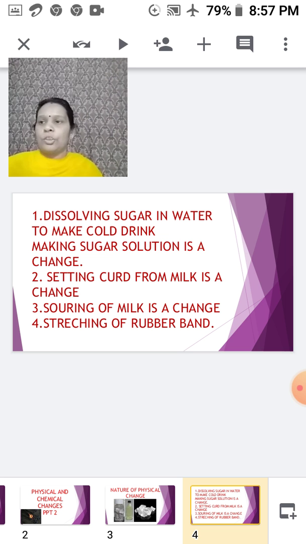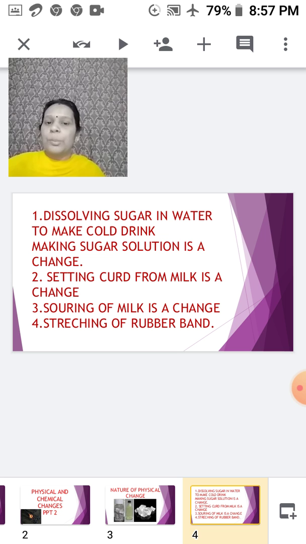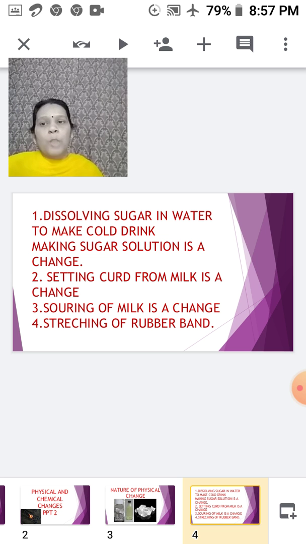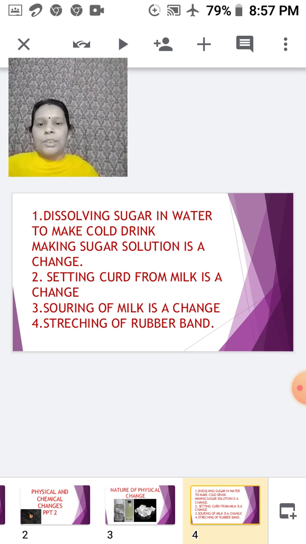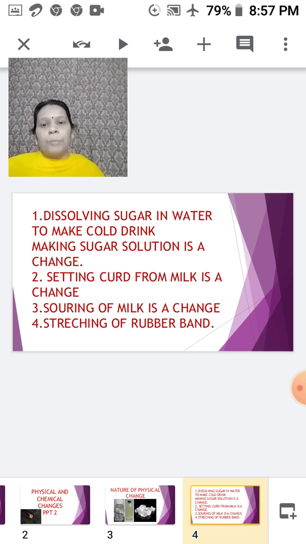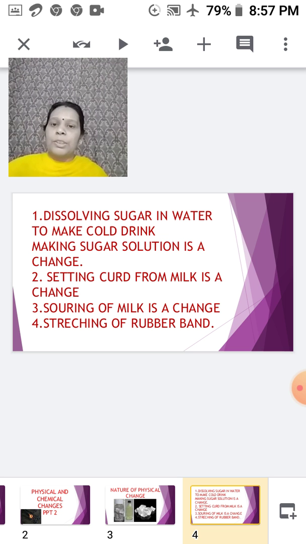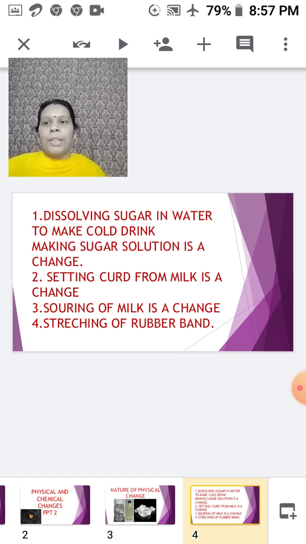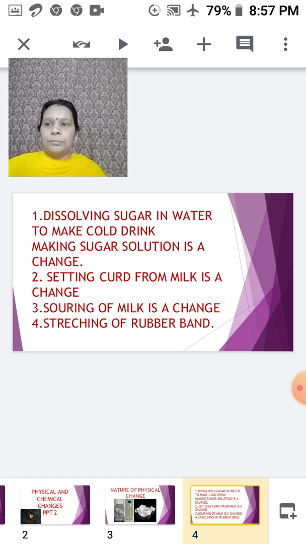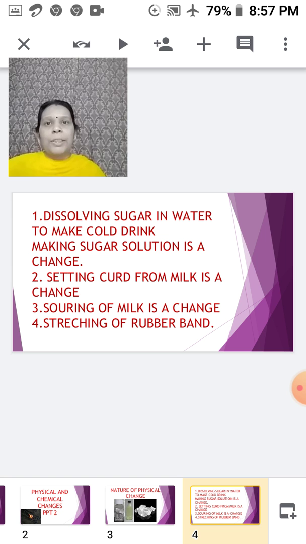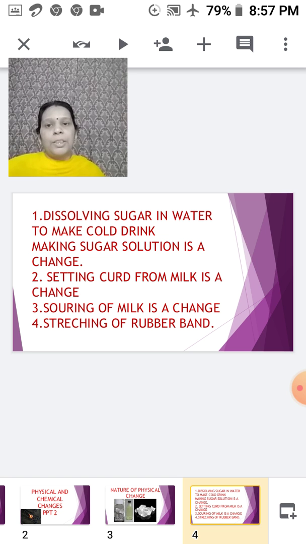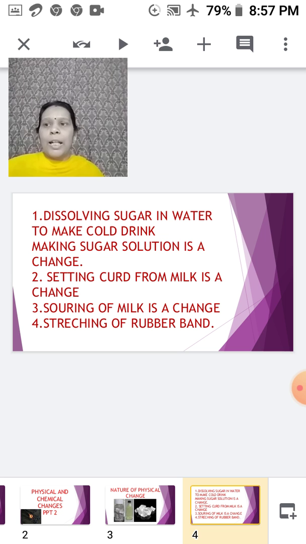So one thing more which will be clear to you now, that when we are talking of a physical change, no new substance is formed. The properties of the substance remain the same even when there is a change in the physical state. But sometimes we find that some physical changes are reversible, whereas some are irreversible. But when we talk of a chemical change, exactly a new substance is formed. These changes cannot be reversed, and the properties of the substance also change.